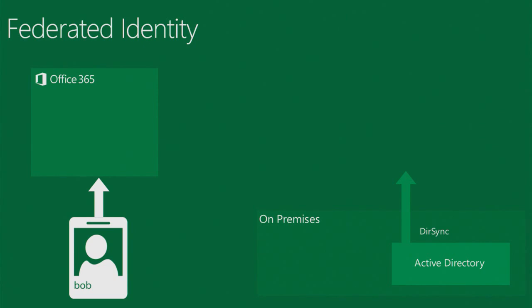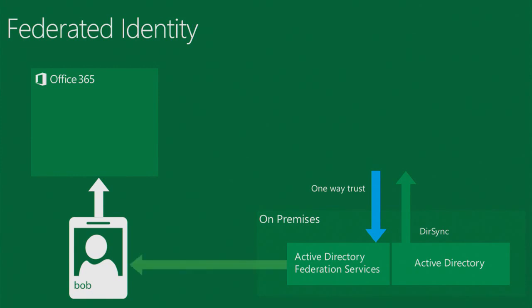We still have customers that have specific scenarios where they absolutely need this, but what we've seen is a huge amount of adoption around dirsync with password sync for a couple of reasons, and I'll point them out as we go through here. Active Directory, and I know I'm going a little deep on this stuff, but the identity is such a critical piece. Active Directory Federation Services creates a trust with your on-premises Active Directory, and in that trust, it then allows the Active Directory Federation Services to know who you are compared to the cloud.